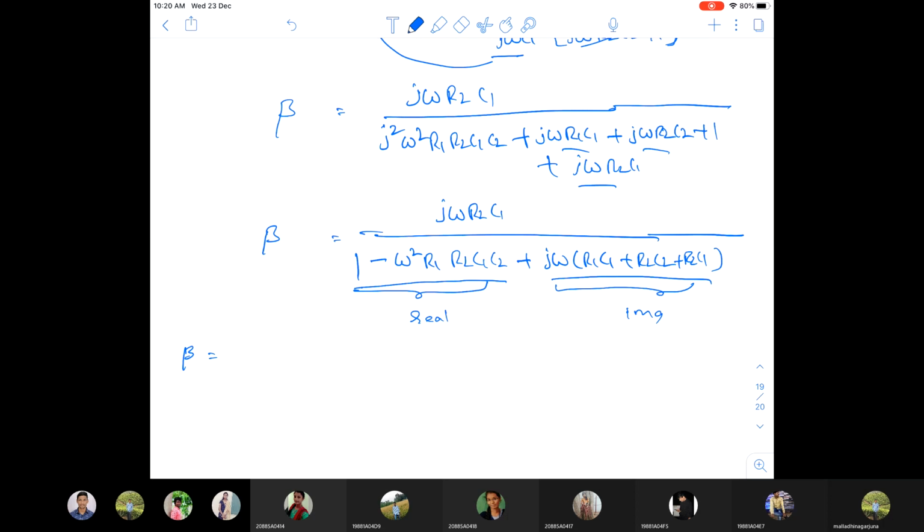In the entire term, you have to separate the real part and separate the imaginary part. But if the denominator has an imaginary part, how can we separate the imaginary and real parts of the whole term? For that, if we rationalize this term, the denominator becomes entirely real. Then you can separate the real part and the imaginary part.